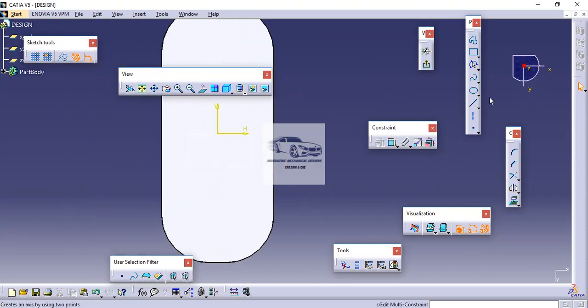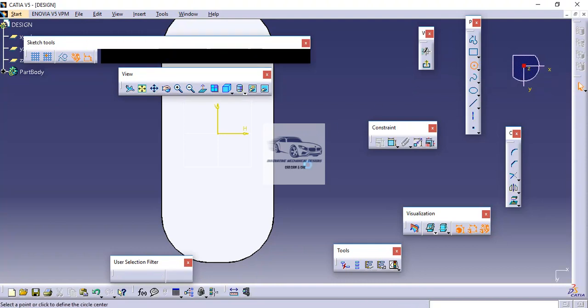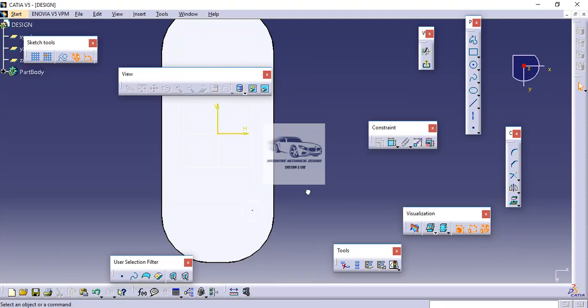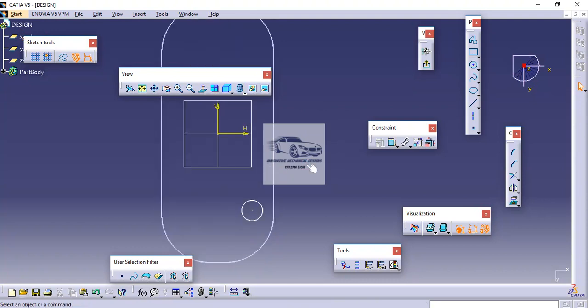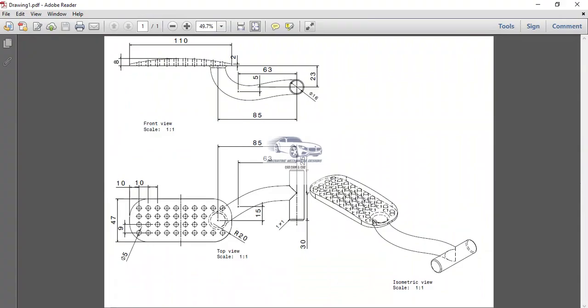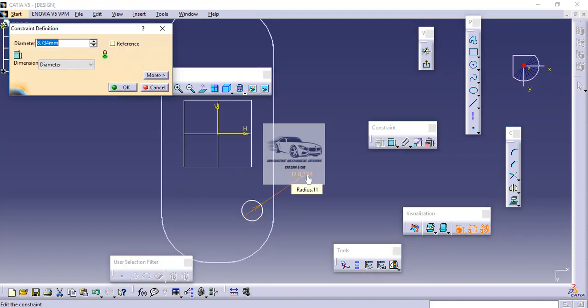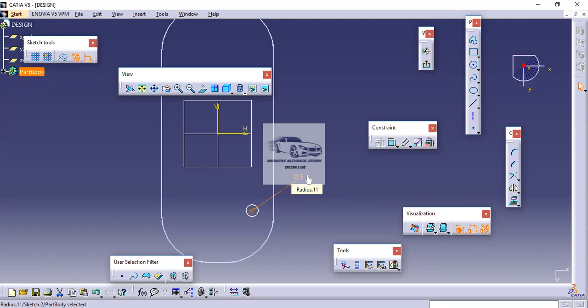So I will select the bottom face and draw a circle first. Let us change the display so that we can easily visualize the sketches. Now the diameter is mentioned as 5. So here I will dimension it to 5 mm.